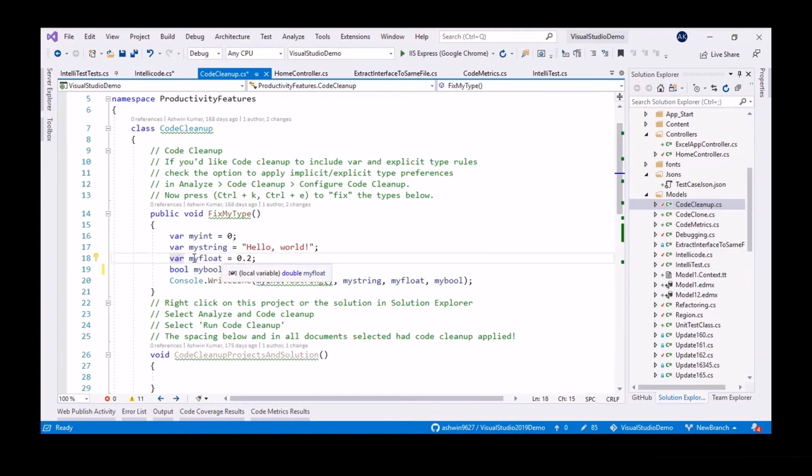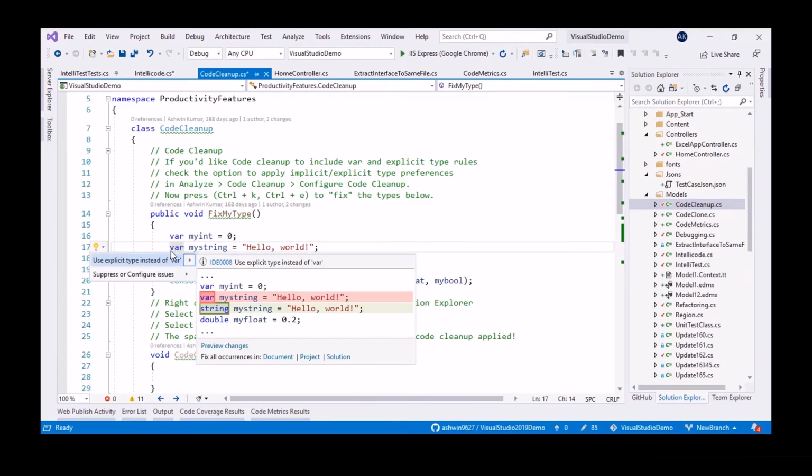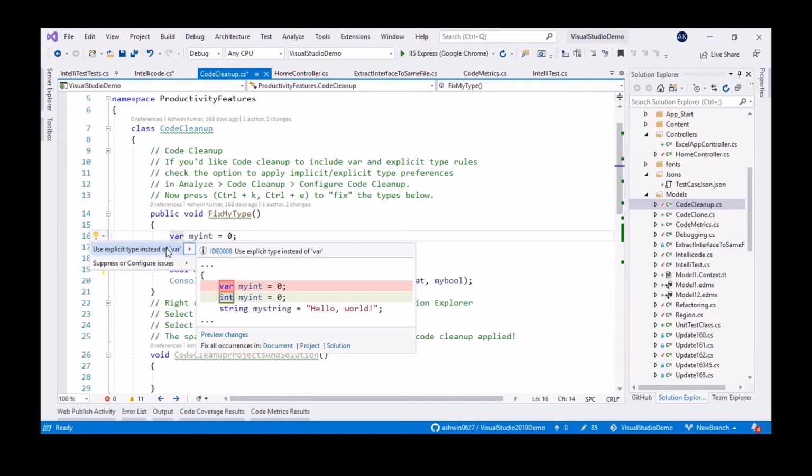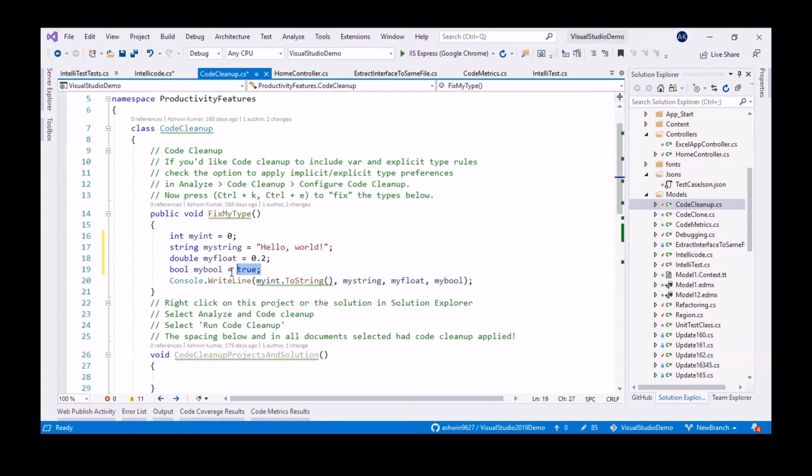In a similar way, here also I want to change it with Ctrl+dot. The same thing here at the string, I want to change it. Again I'm just pressing Ctrl+dot. Here it is giving a suggestion to change to string. In a similar way, I'm just doing it for all these four. So here I just do it manually by pressing Ctrl+dot or clicking on this